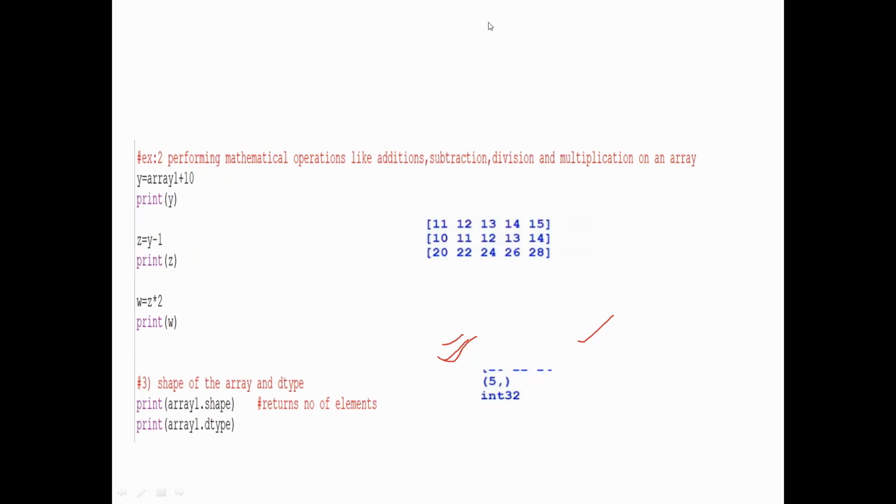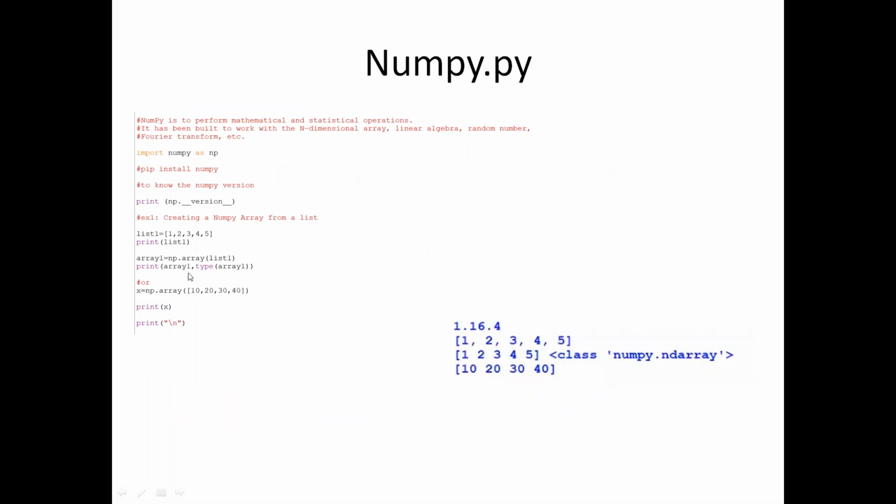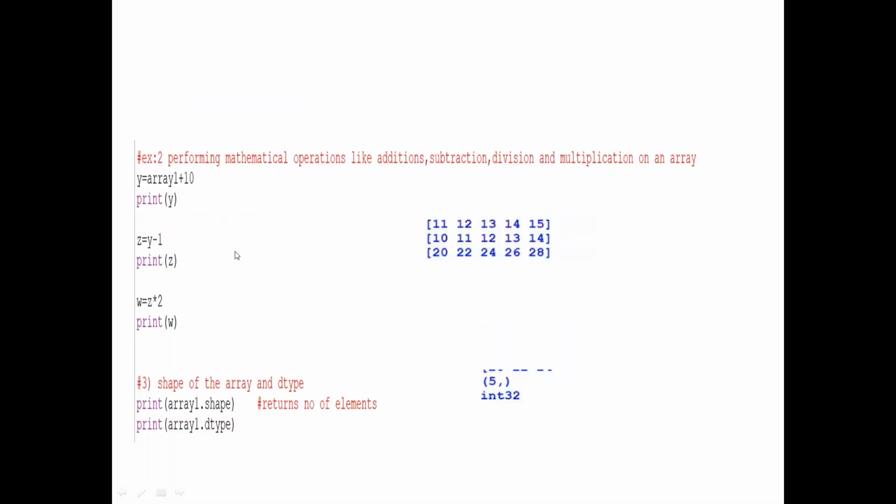Now on a numpy array, as I told you, you can do any kind of mathematical or statistical operations. So y equal to array1 plus 10. Array1 is nothing but 1 2 3 4 5, plus 10. So the system automatically converts to 11 12 13 14 15, which you are seeing in blue color. Now I'm doing z equal to y minus 1.